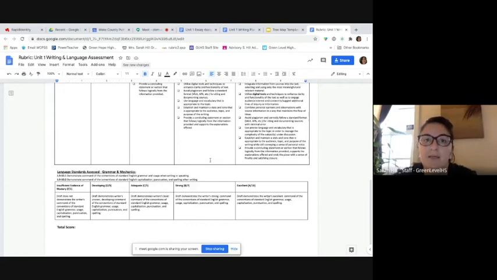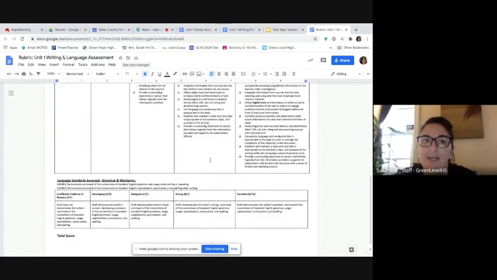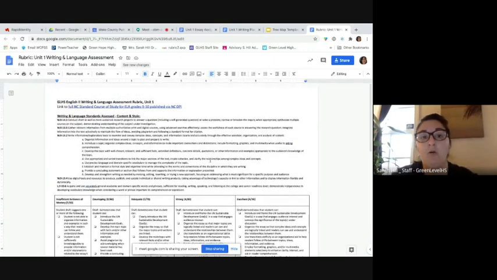So basically what you want to do again is look at how you think you would do on your rough draft using this tool. And then from there, go back and revise. Revising is a huge part of writing. I'm sure you've been hearing it all through your school days, but it is a really, really important step because it's never perfect the first time. All right, I think that covers everything.